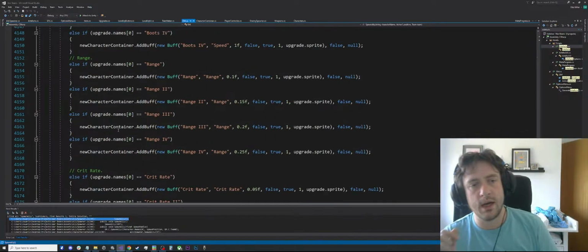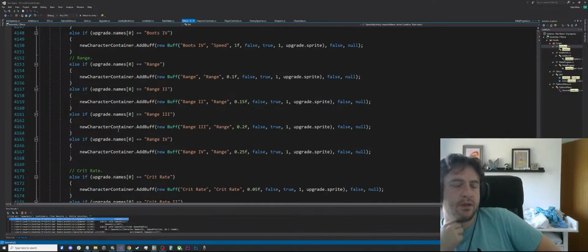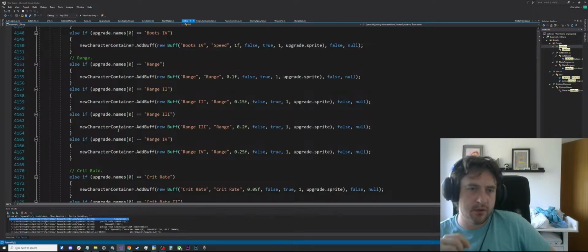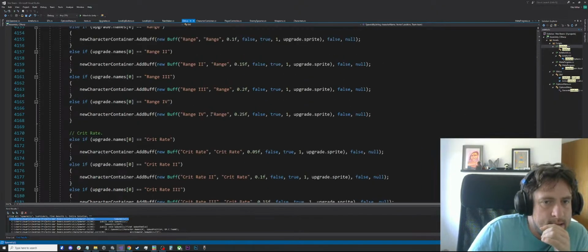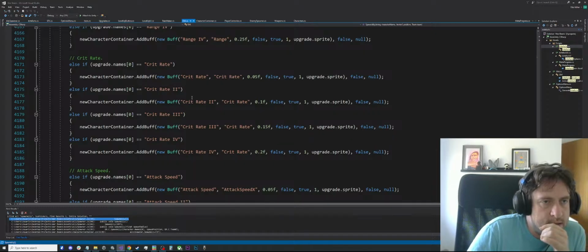So it's only new characters that spawn that get the benefit of it. Is that good enough? So if I did want to make it different,